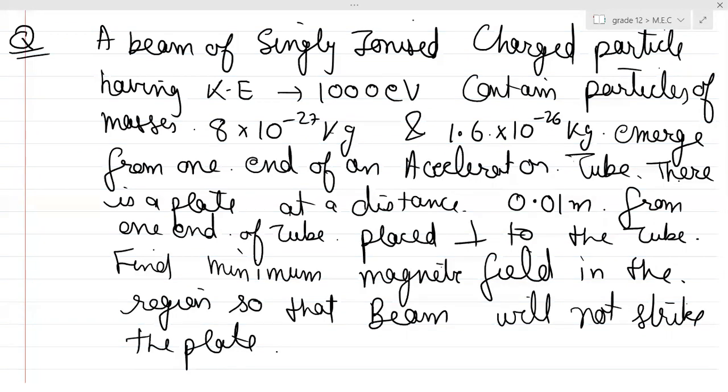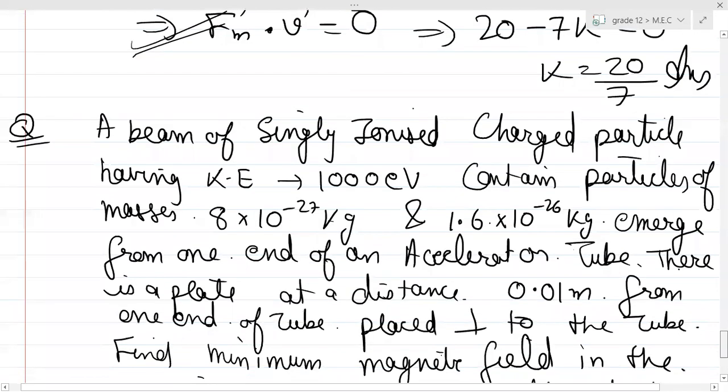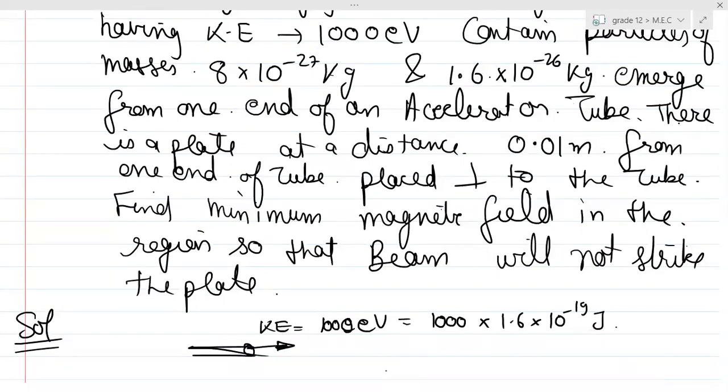So guys, can you see over here in the second question, I'll draw the diagram for you. Although the diagram is not given in the question, don't expect the diagram will be given, but still I'm giving. So can you see there is a single beam of light having a kinetic energy, how much? 1000 electron volt, which is basically 1000 multiplied by 1.6 into 10 to the power minus 19 joules. Yes or no? Yes, sir. So this is basically the energy.